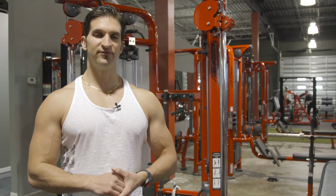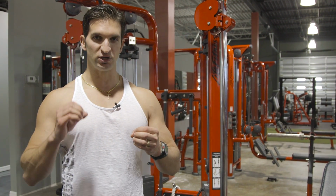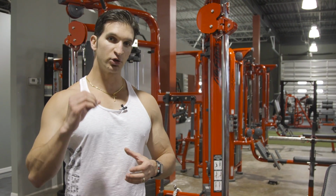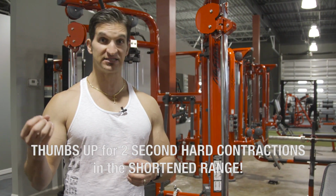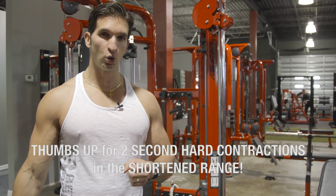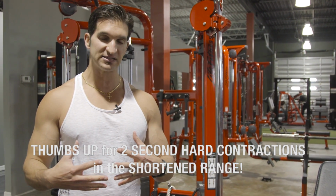When you're doing these activation exercises, don't forget to do a 2-second contraction in the shortened position, all right? That's where the greatest opportunity for gains is, because that's where you're weak. So really squeeze it hard, get that muscle short, hold it for a full 2 seconds before you go to